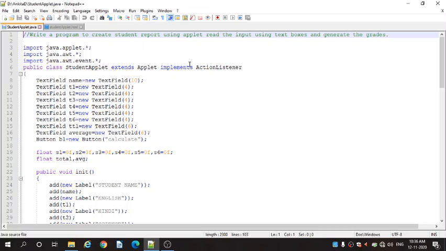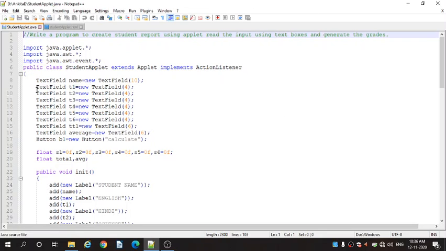To create an applet, a class must extend the Applet class with the keyword extends, as well as the class must implement the ActionListener interface with the word implements. Means we are inheriting here the Applet class as well as the ActionListener interface in our program. Okay.